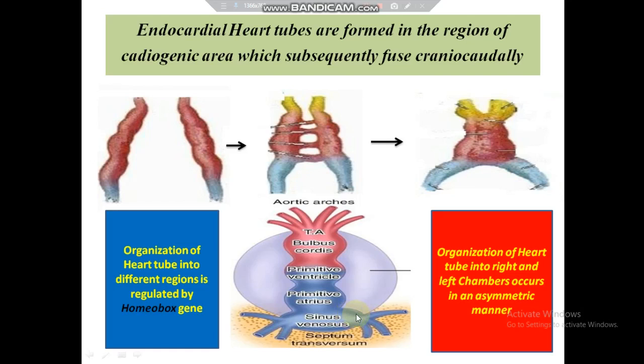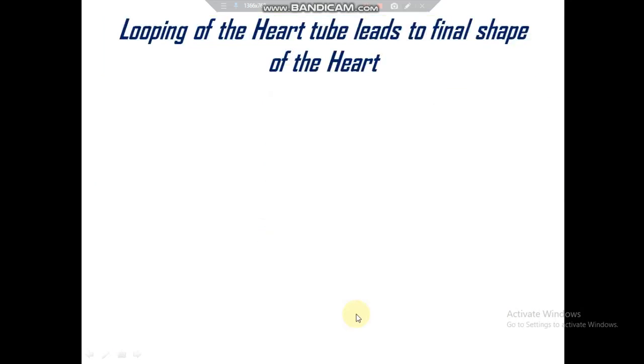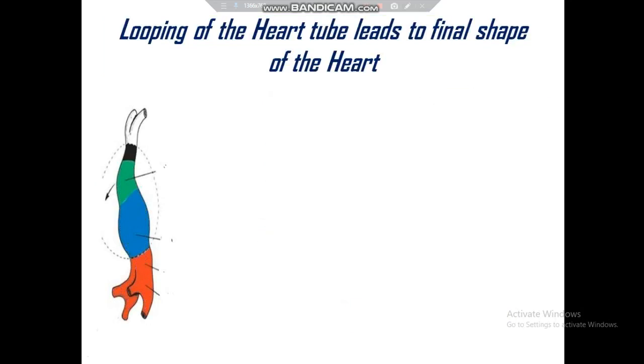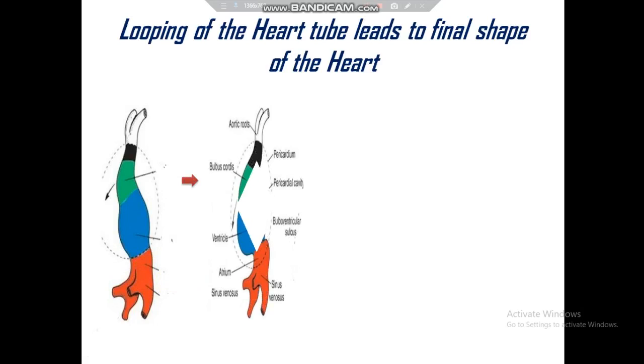That we have already discussed. Looping of the heart tube leads to the final shape of the heart. So we have this heart tube. It has different regions. We can see the truncus arteriosus, conus cordis, bulbus cordis, primitive ventricle, primitive atrium, and sinus venosus. Then there occurs some bending and elongation of this